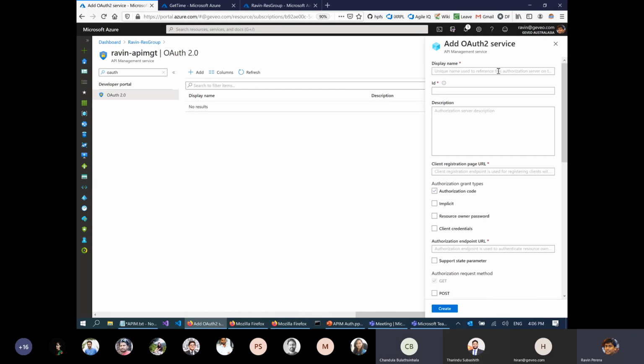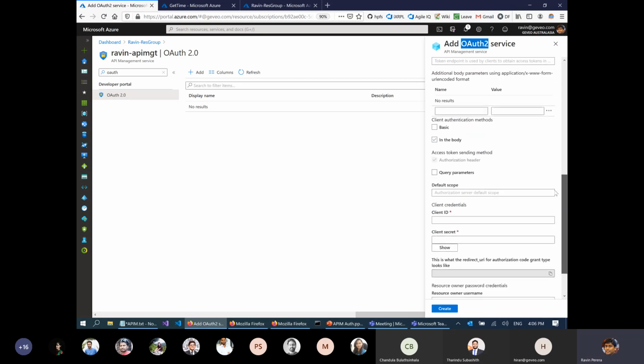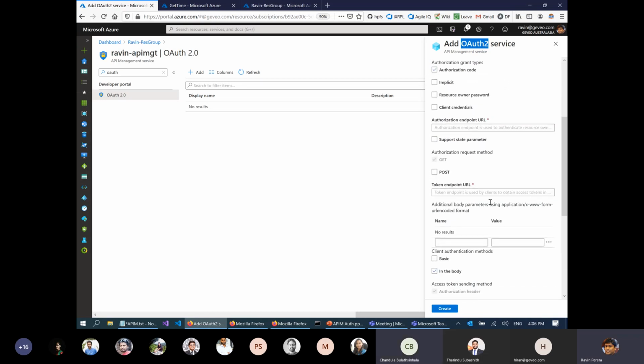Basically we need to provide details for that separate authorization service. It could be a Microsoft service, a Google service, or your custom service. Because it's the OAuth protocol, it's all the same information: this token endpoint URL, authorization endpoint URL.